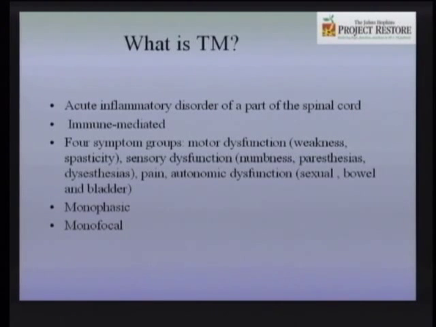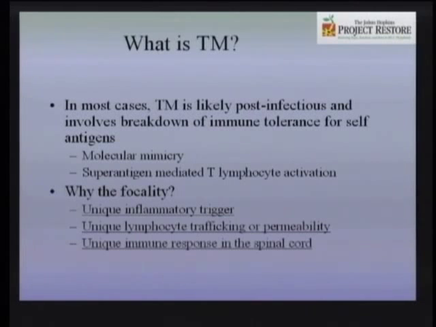So now let me just spend a few seconds with you telling you about idiopathic transverse myelitis. I've already gone through the various shades of this, the various cousins of transverse myelitis. But idiopathic transverse myelitis in and of itself is typically monophasic and monofocal. Less than 10% of people in this group will recur. We still don't know, although I told you this morning about auto superantigens and post-infectious autoimmunity. So I've told you that in many cases, it is the infection which triggers the immune system to lose tolerance for self. And we know that to be the case